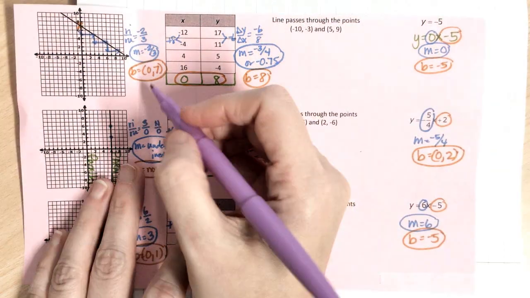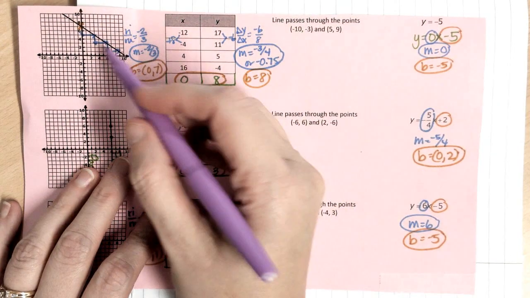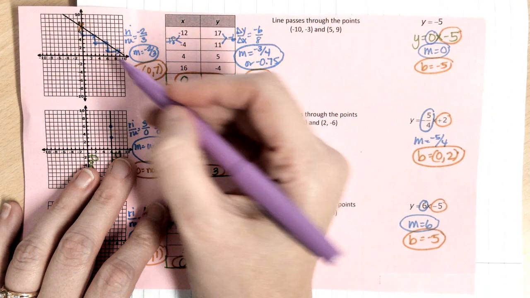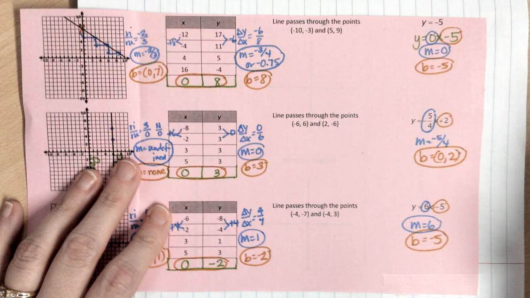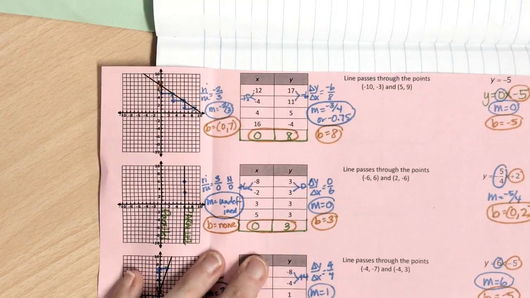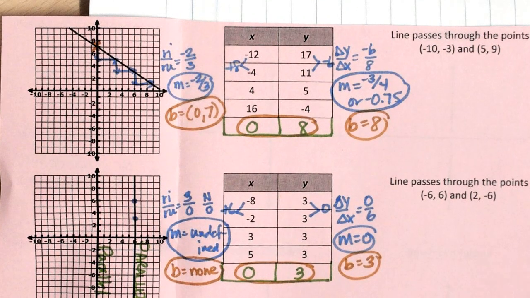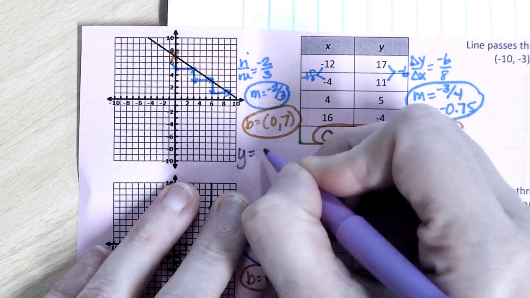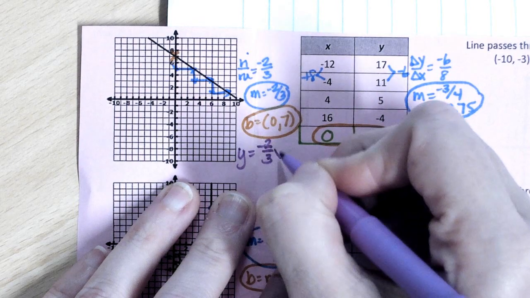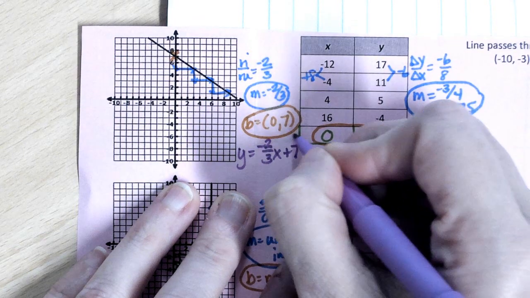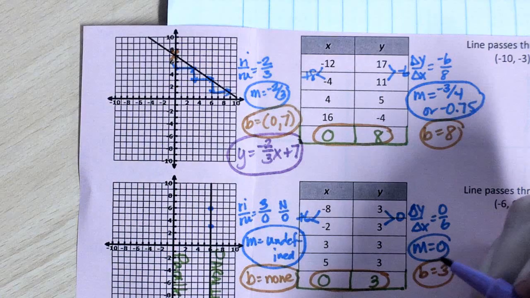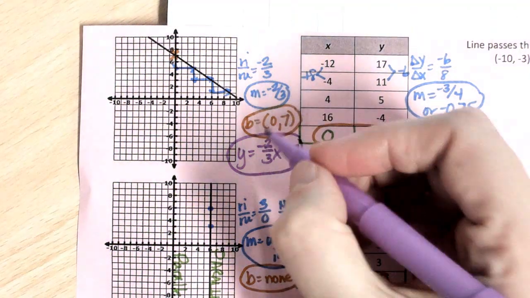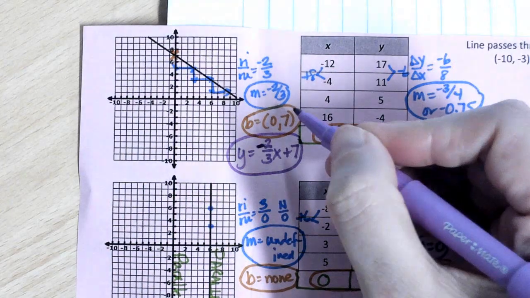Okay? So for this one, I have my slope, which is negative 2/3, which I found by doing rise over run. I looked for where it crossed the y-axis. Let me zoom in on this actually to make that a little easier. I looked for where it crossed the y-axis, and I got (0, -7). So my equation is y equals negative 2/3 x plus 7. That's my equation in slope-intercept form, because I take the slope and plug it in for m, and that's a negative 2/3 by the way,